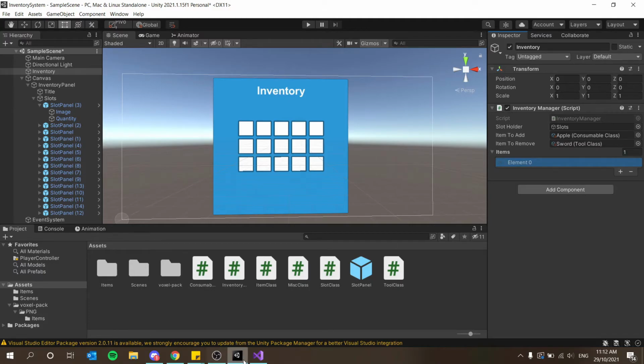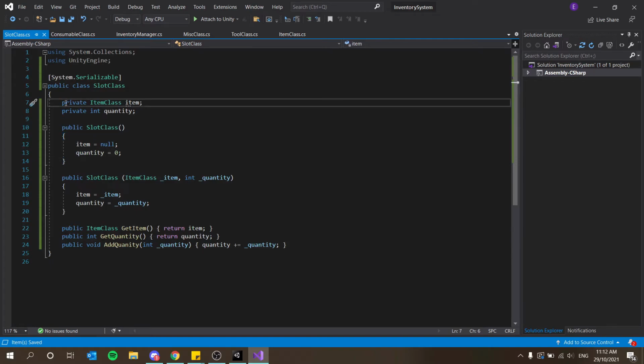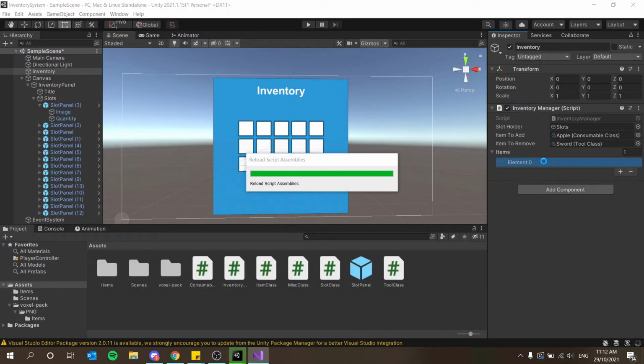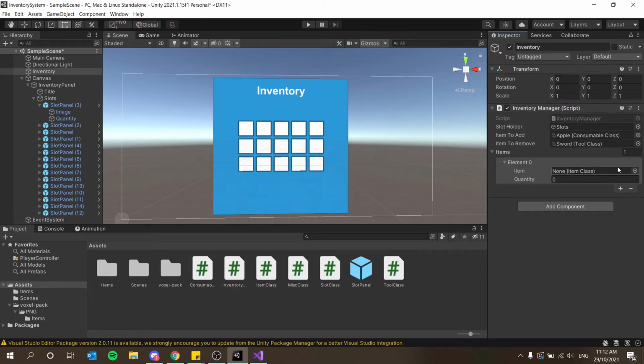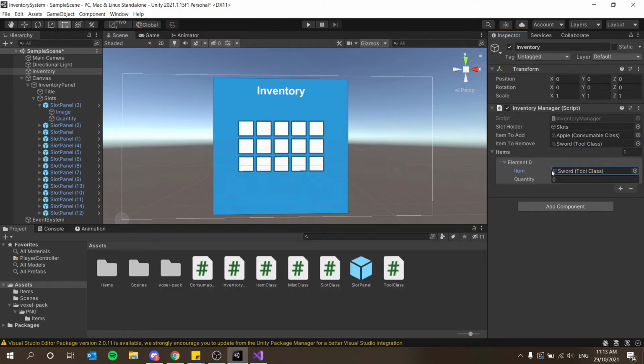Add. Now, one problem is that our slot class, since these are private, we can't see this in the inspector. So I'm going to set these to serialized field as well, like so. And that way you'll see that element 0 now has some data we can edit on it, which is perfect. There we go. Now it has a drop down, and we can set the item and the quantity. So for example, I want to add a sword of quantity 1, and then an apple, let's say,